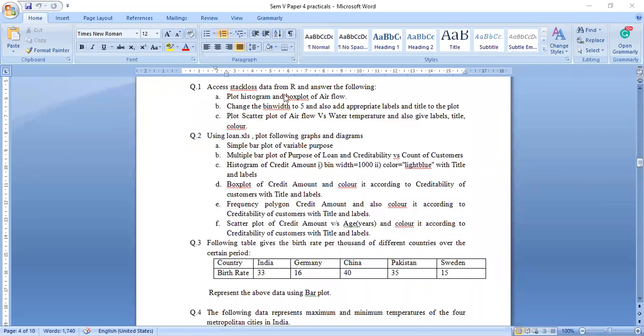Just understand the question first, because it is not possible for me to show you both screens. Once we move to RStudio, I cannot show you the question again, because sharing is quite difficult for me. If I could split the screen in two it would be quite useful, but unfortunately that feature is not available in Zoom. So I hope you are clear with these questions.